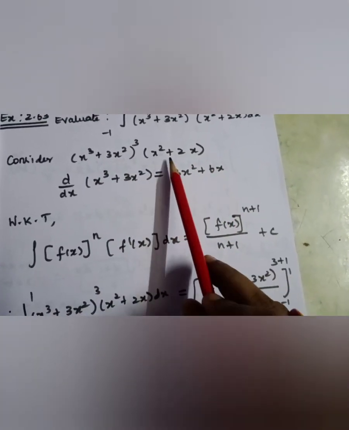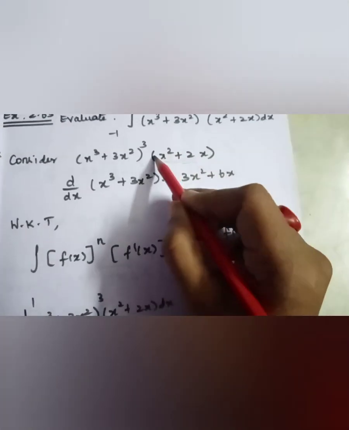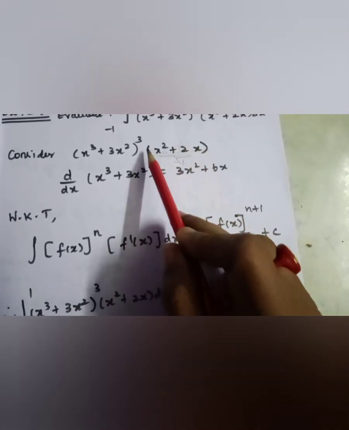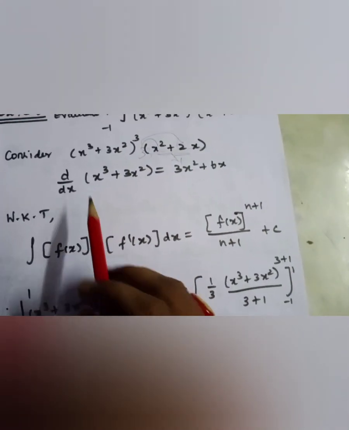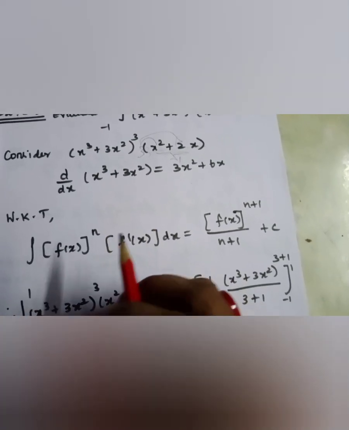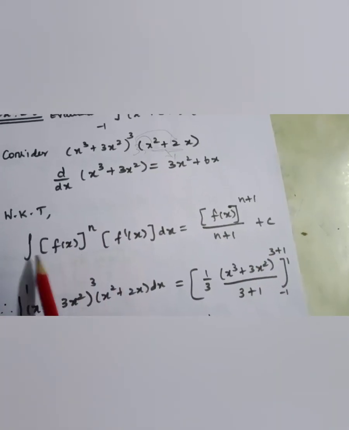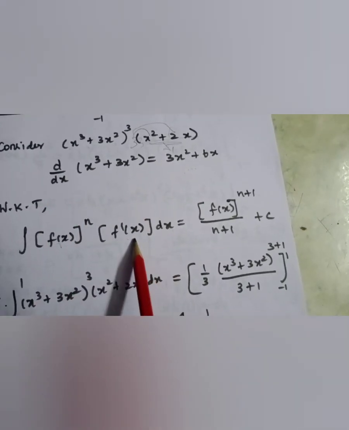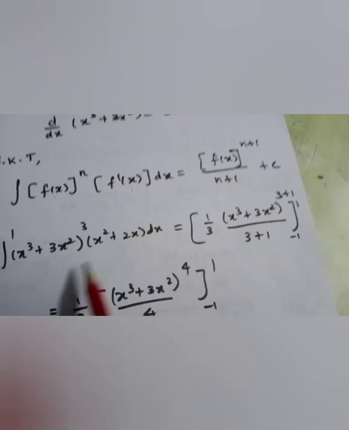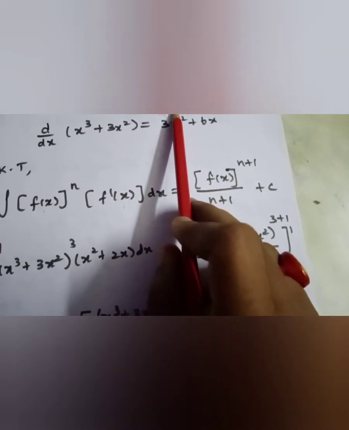So here also if I multiply the term by 3, what happens? 3x square, 3 twos are 6. I am getting back this term. Can you all see? If I multiply this expression with 3, 3 into x square, 3x square, 3 into 2, 6x. So I can do some substitutions or some multiplication and division so that I can use this formula, integral f of x the whole power n into f dash of x. That is, when I am having f of x and its differentiated part together, I can use this formula. So here only 3 is missing for me. If I multiply by 3, I can get back this formula.